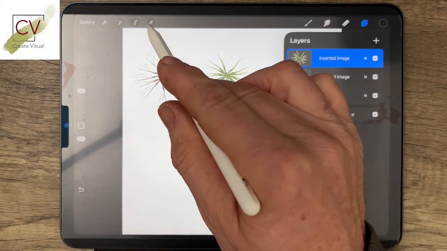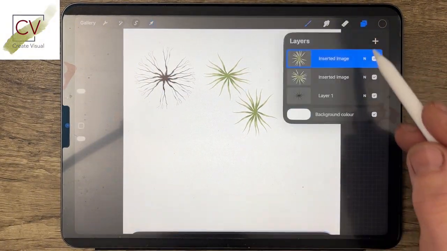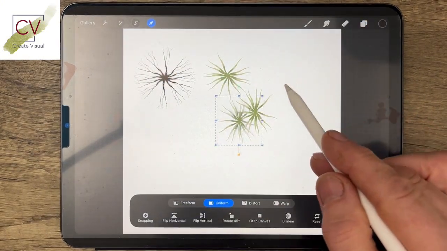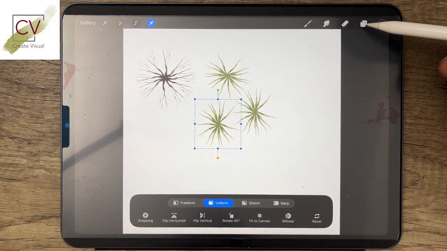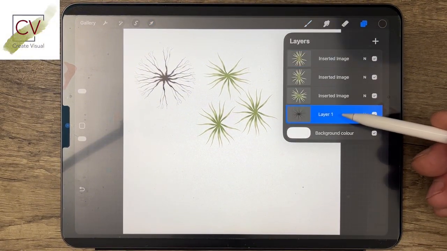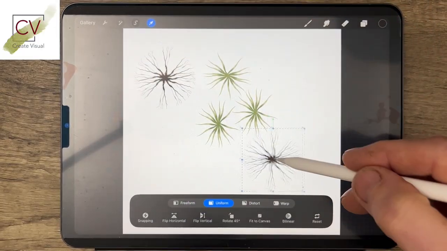Swipe to the left, duplicate, and move out. Maybe rotate slightly so it doesn't look too obviously cloned. Swipe to the left, duplicate, and so it goes on. If I want to get back into that tree, all I need to do is to look at my layers. There it is. Touch that, swipe to the left, duplicate, and then here I am, and I've got another tree